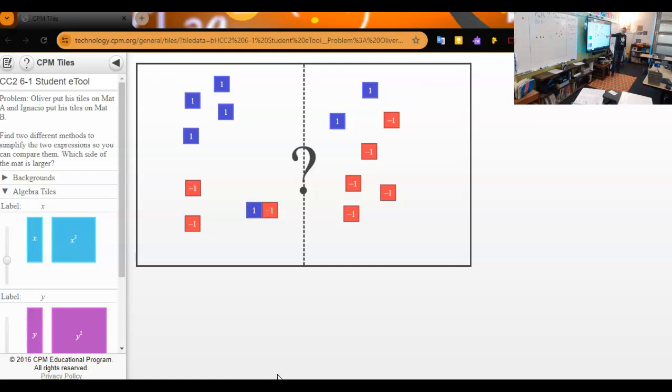So a positive one and a negative one will cancel out, quote unquote. Really, we're forming 0 pairs. So if you haven't done this, form as many 0 pairs as you can on the left. Form as many 0 pairs as you can on the right. But when we have 0, it doesn't matter